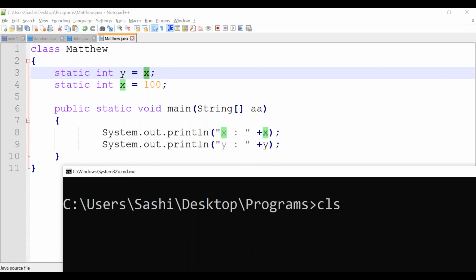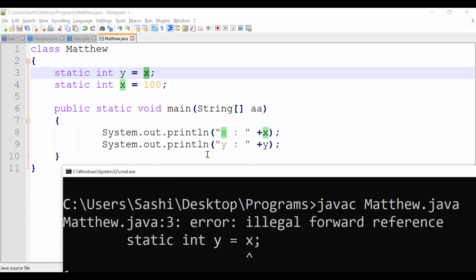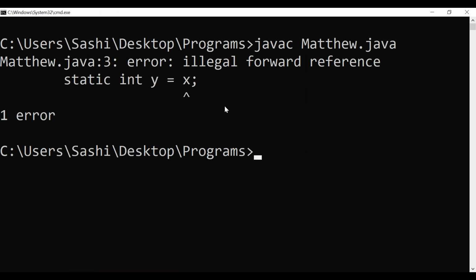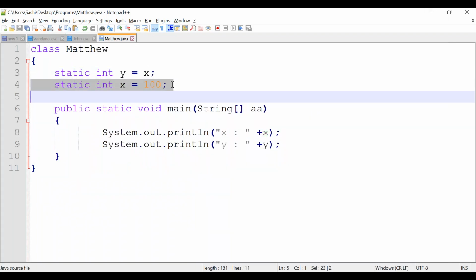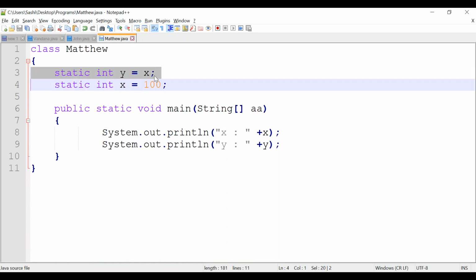Let's run this. javac file class name dot java. See here, illegal forward reference. You are trying to use the reference which is declared later. X is declared later, right? The later x variable you are trying to use it.